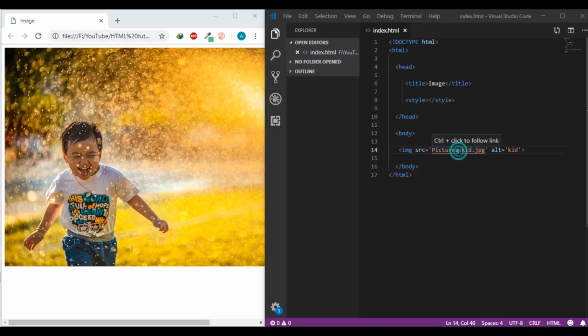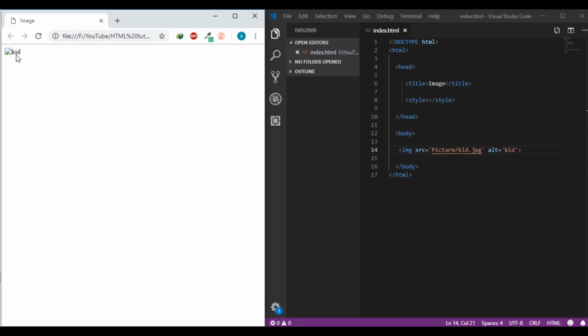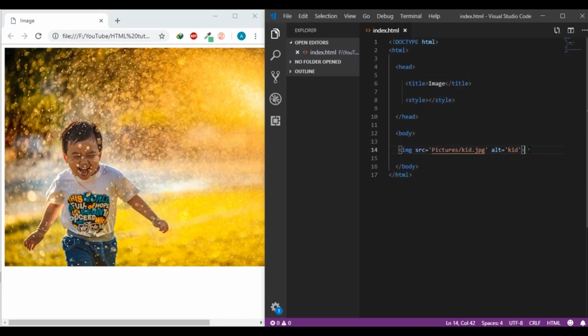If the directory is wrong, the alternative text will appear. Then let's make another picture. So the name of this picture will be HTML and its type is PNG, and let me change the alternative text to be